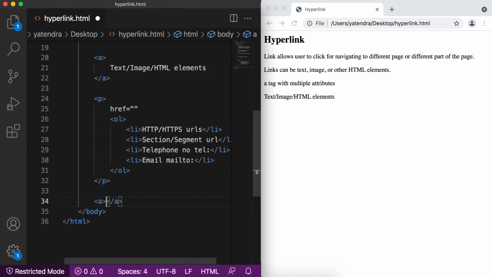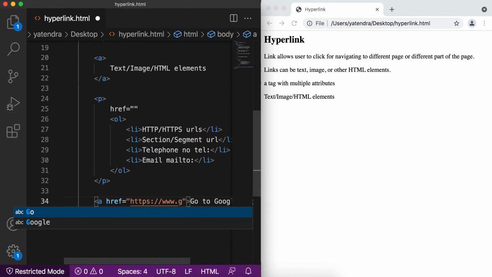First I add here a link, go to Google page. In this tag I use the href attribute and give the https url www.google.com.